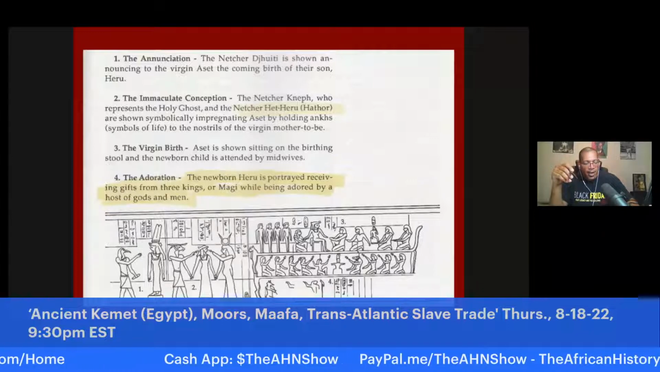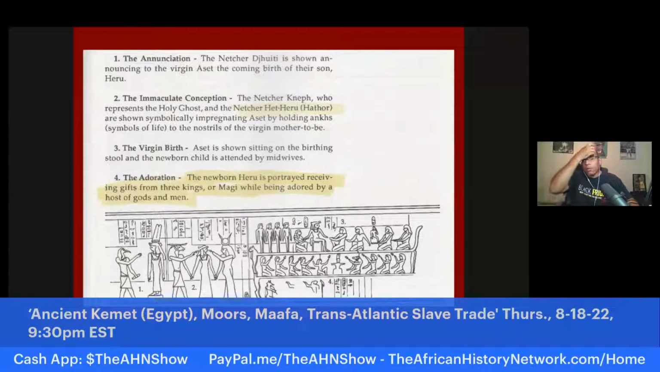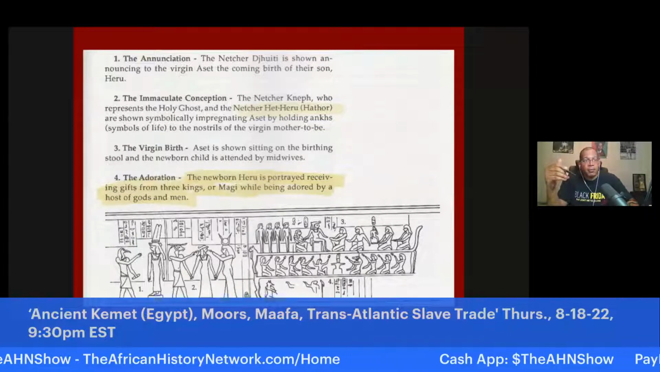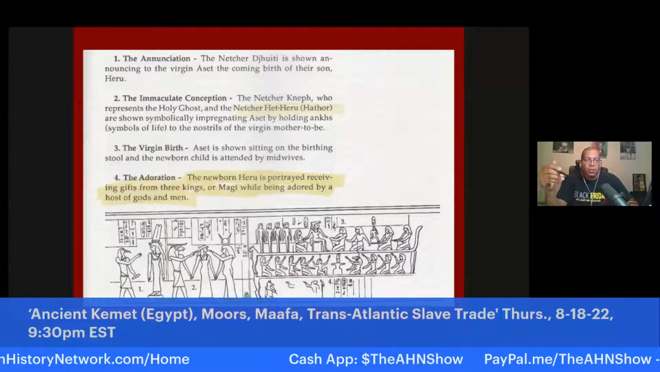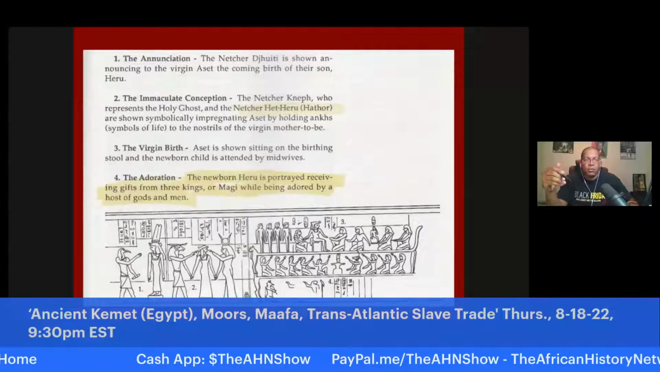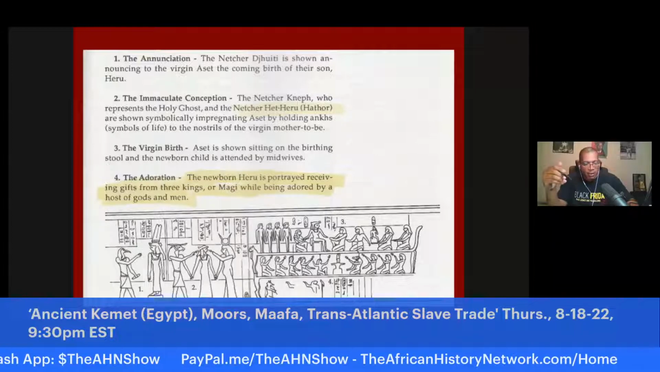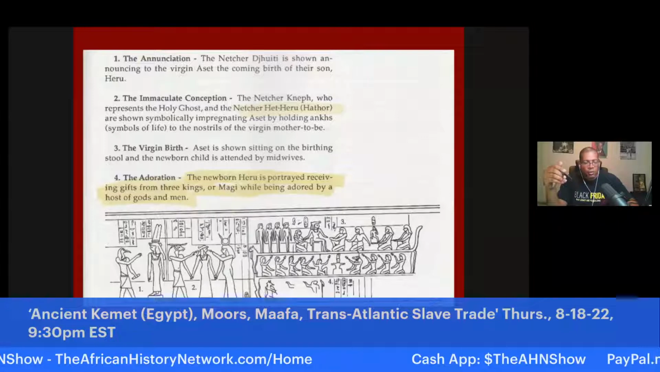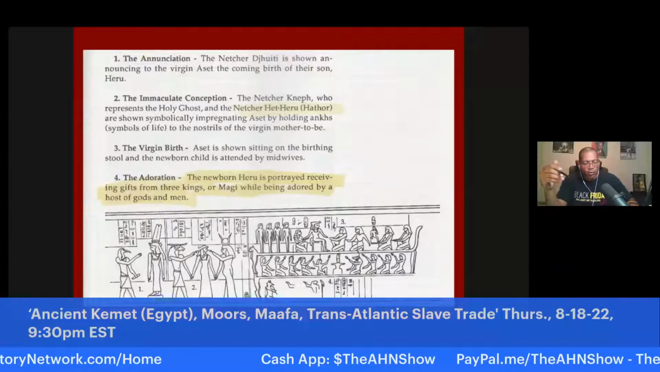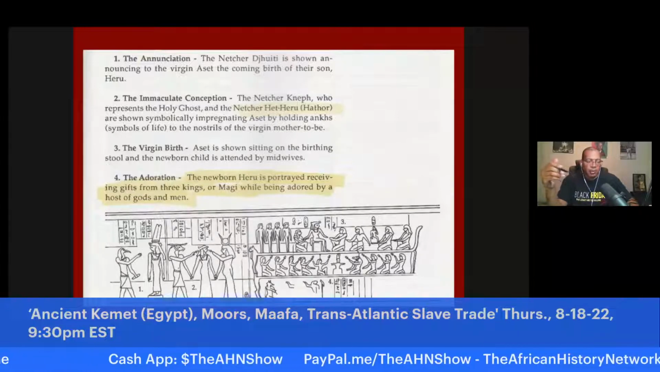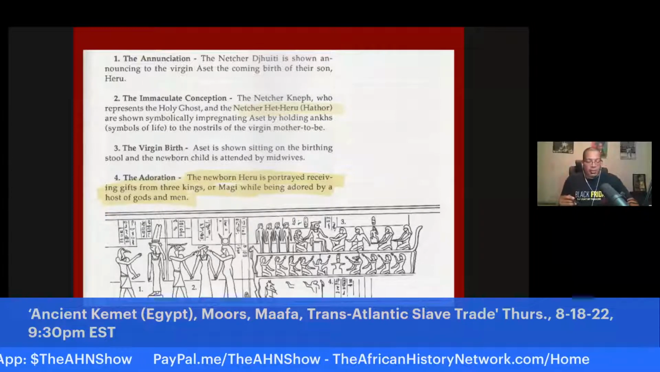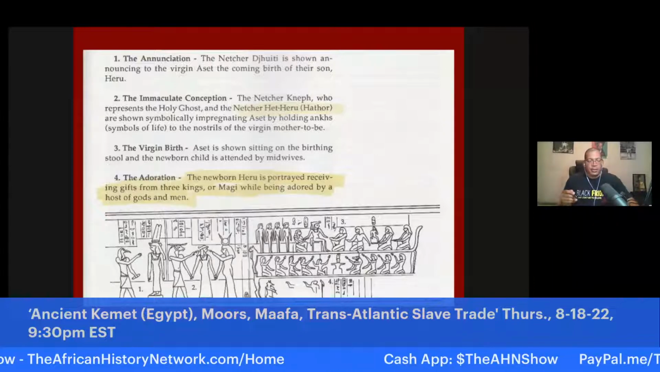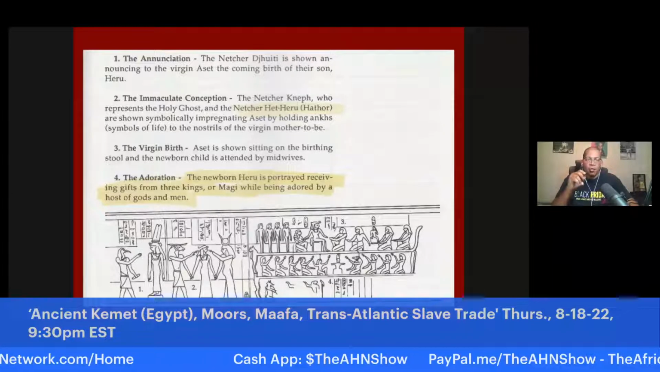Number four, the adoration. The newborn Heru is portrayed receiving gifts from the three kings or the magi, while adored by a host of gods and men. Okay, you ever heard of the adoration? And this is where you get the three kings, the three wise men. But in the book of Malachi, it doesn't tell you how many wise men it was. And the concept of the three kings comes from the three stars in Orion's belt,